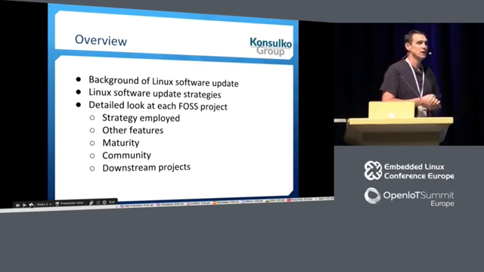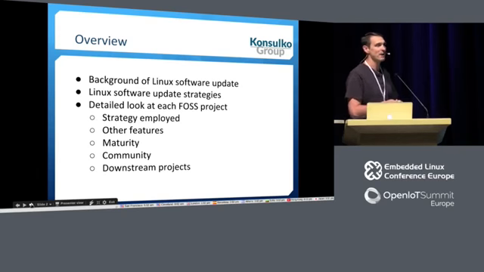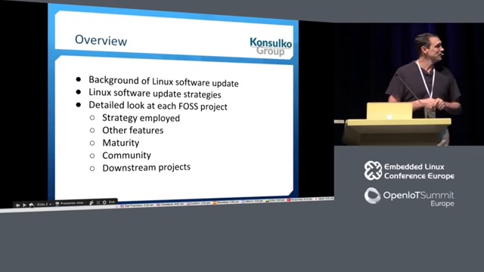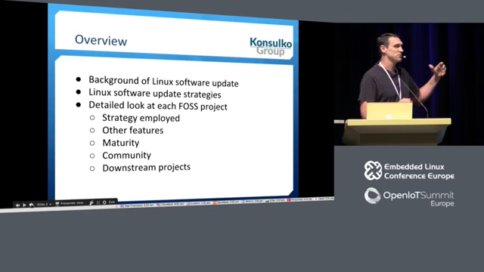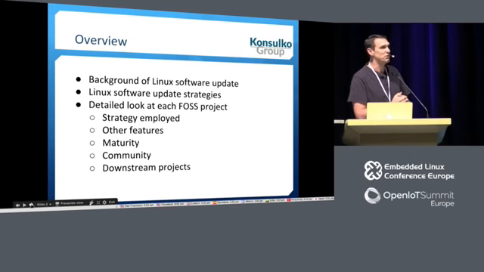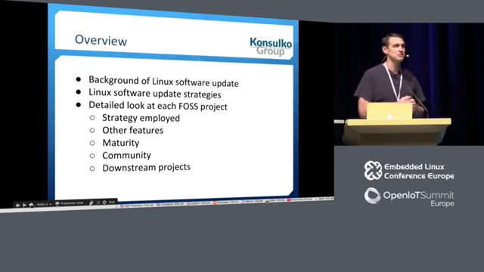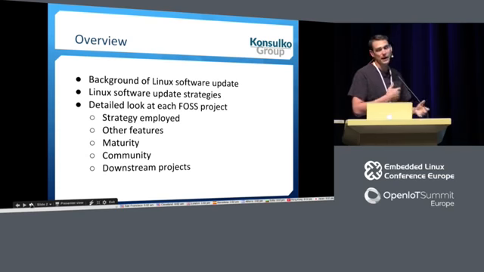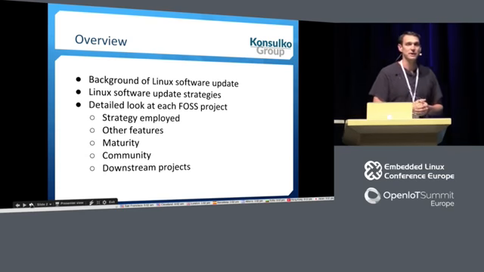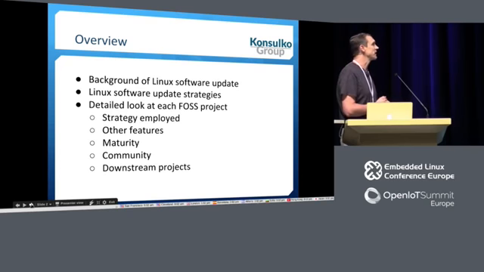I don't cover things that may be proprietary. Those don't really matter. And criteria are, what strategy they're employing technically, any other features they might provide in these projects, maturity, try to get a little gauge of what kind of communities around these technologies, and then what kind of uptake they have, right? What kind of downstream projects are using these technologies. All right, so with that,